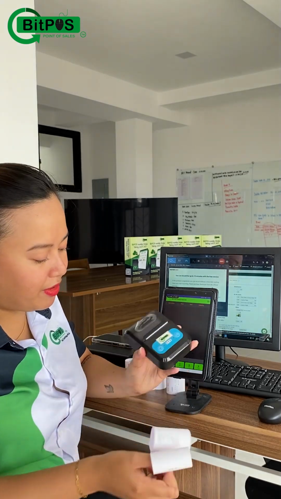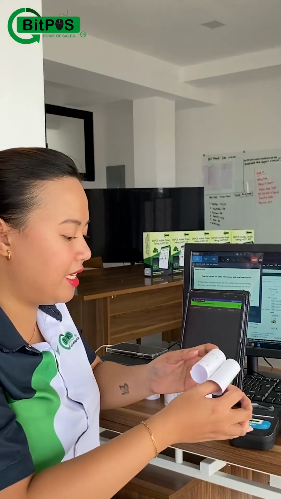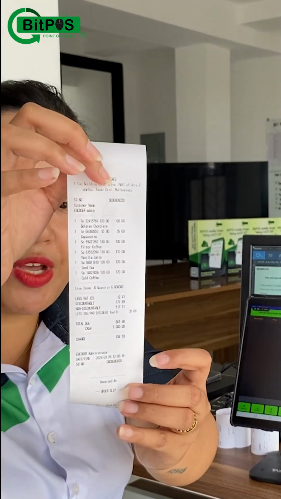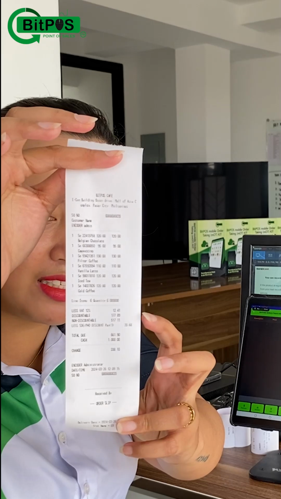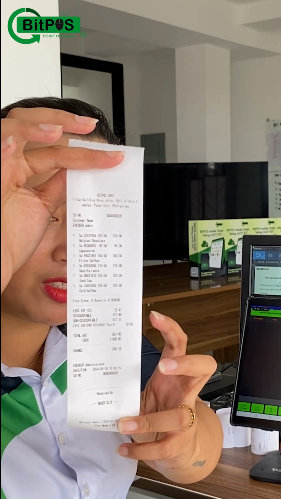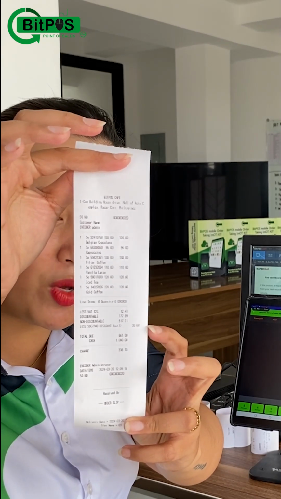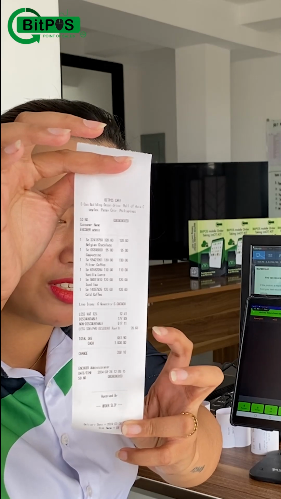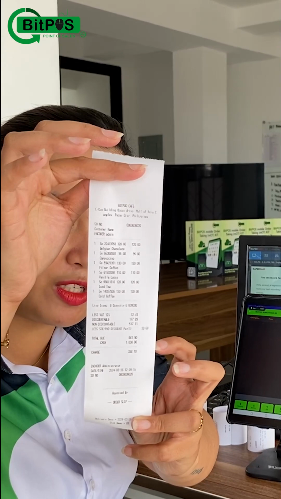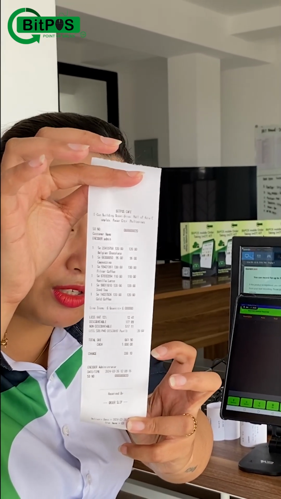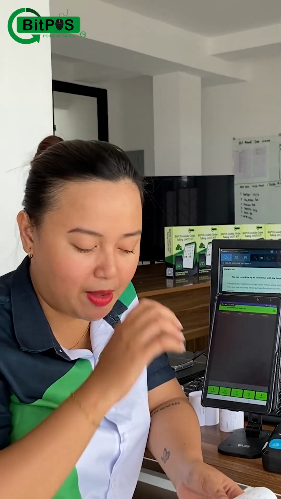So here in my final receipt, you can actually see the discount process. We have the less VAT 12% for the senior citizen. We have the discountable amount and the non-discountable amount. And of course, the 20% discount for the senior citizen, the total amount due, the money paid, and then the change to our customer. So basically, it literally covers everything that is necessary inside a coffee shop type of business.